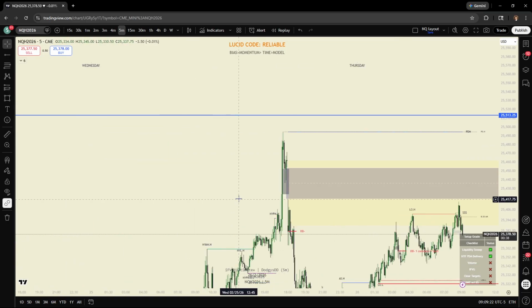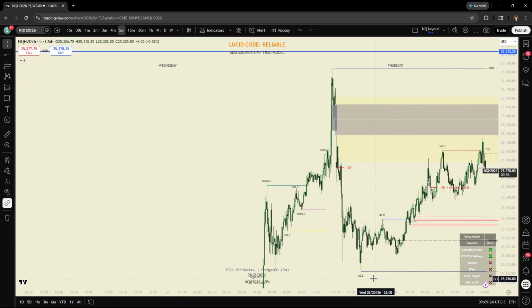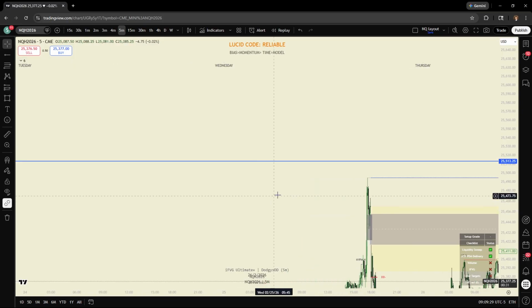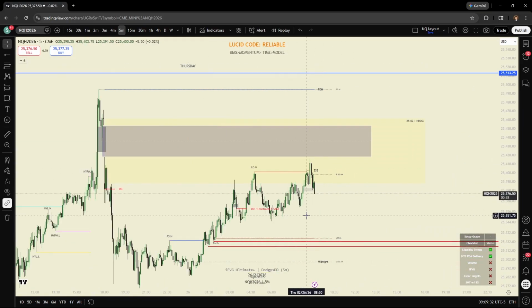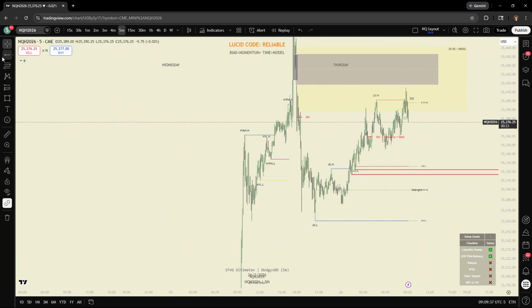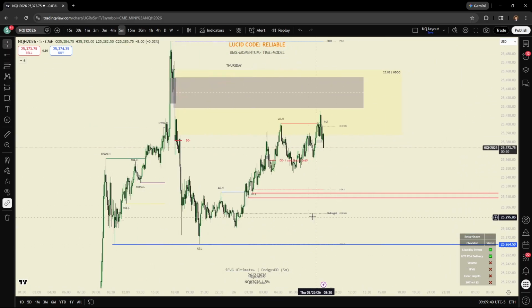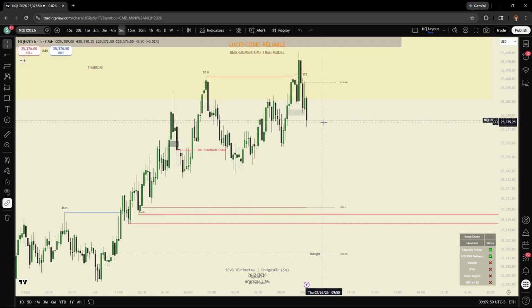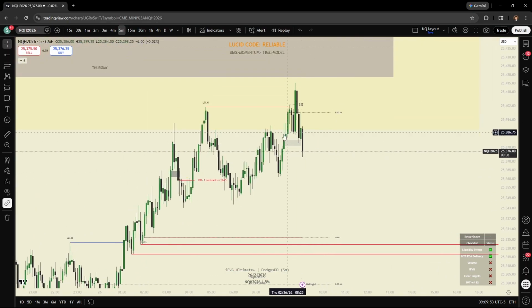So in that respect, the equal lows here are a good draw in the unfilled 4 hour, but then there's two liquidity pools here. We have the unfilled NDOG, and then we have the relative equal highs. So what am I looking to sweep? These lows down here. Okay, so right now we are coming down with a little bit of momentum here on this 5 minute. If you have a lot of conviction in shorts, you could take this entry with a stop at the high of the OB and then a break even here at 361.